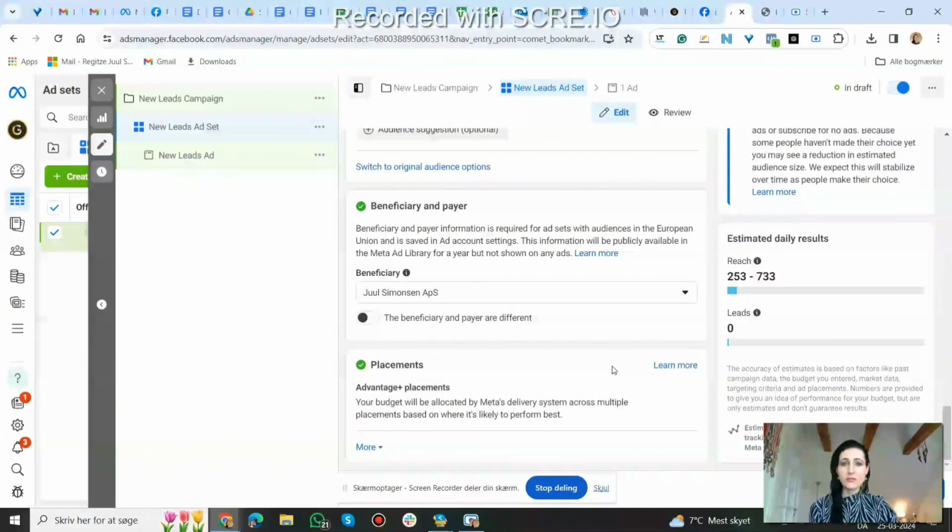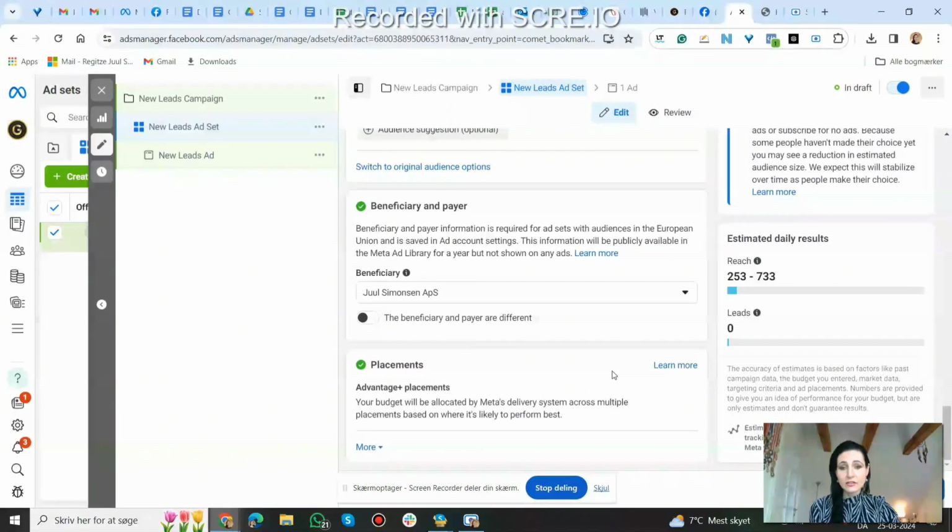And this is okay if you are running leads or sales campaigns, because Facebook's algorithm has become so good that it's really useful, because it's going to look for leads or clients, whatever it is that you optimize for. So when you have a sales or lead campaign, then you can leave it on. But if you are running a traffic campaign or engagement campaign, which you shouldn't use too often, very seldom, because it's not getting you any leads or sales, and usually that's what we want,